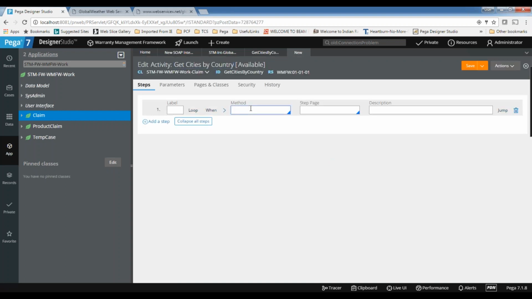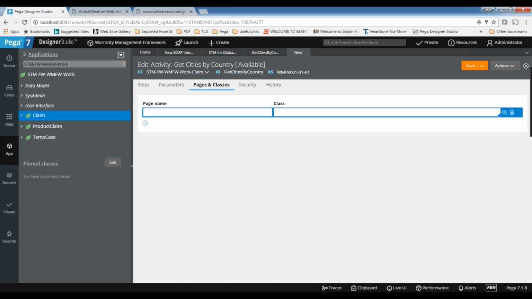Now, the rule is in the integration class, so I'm creating here a page named global city.